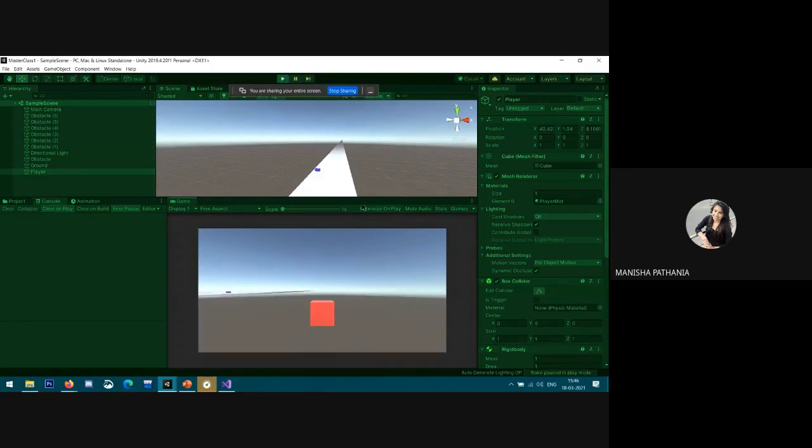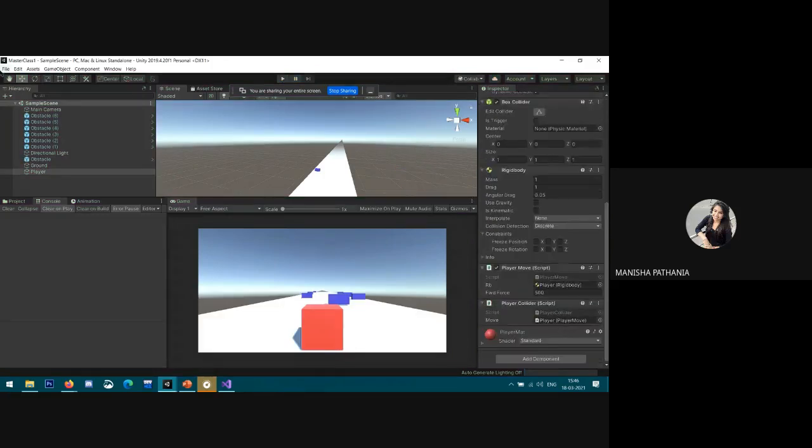So we can also add, wait, speed is very high. We need to lower the speed.